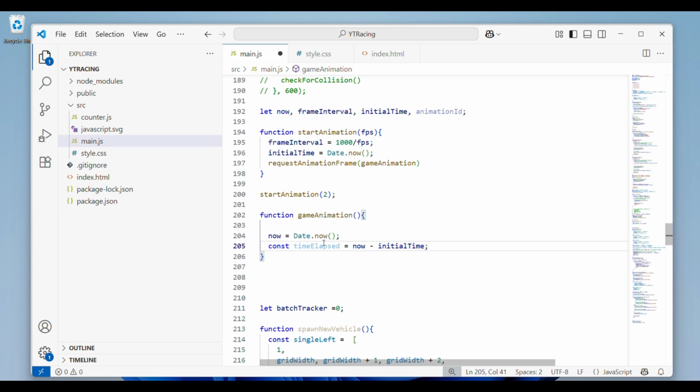So the current time, so this now is the time we are currently on, minus the time that was initially